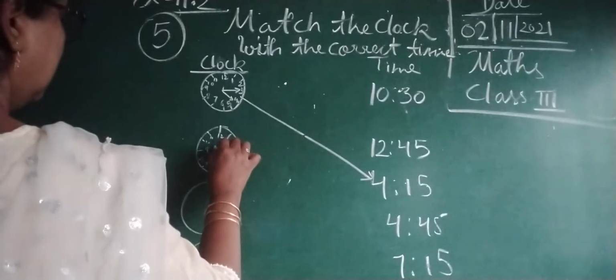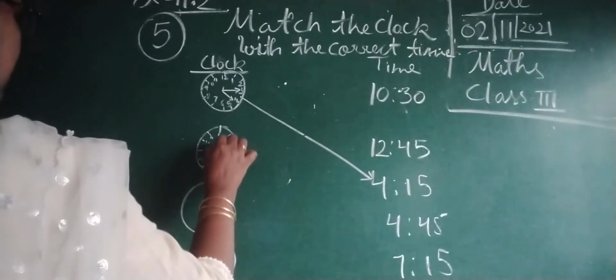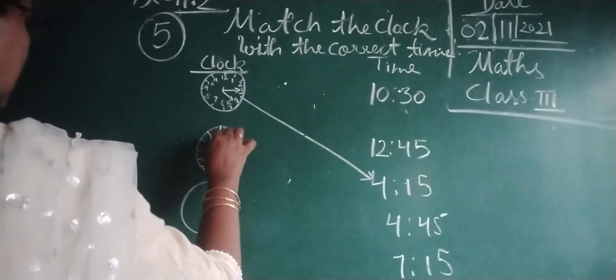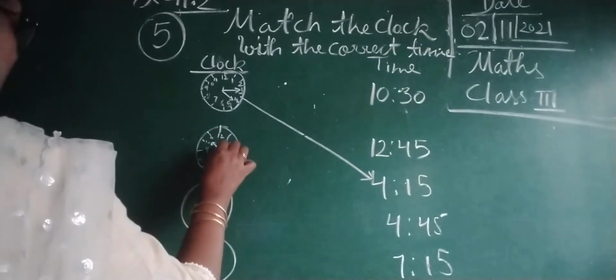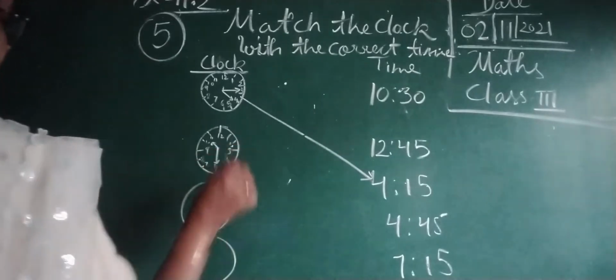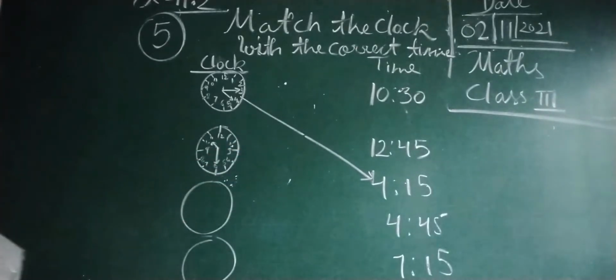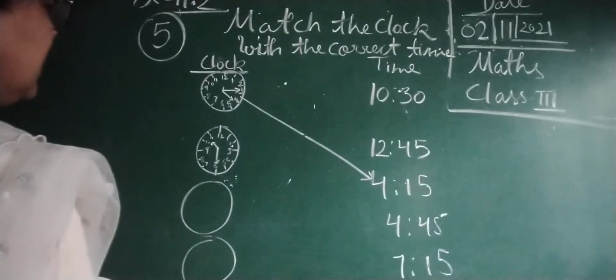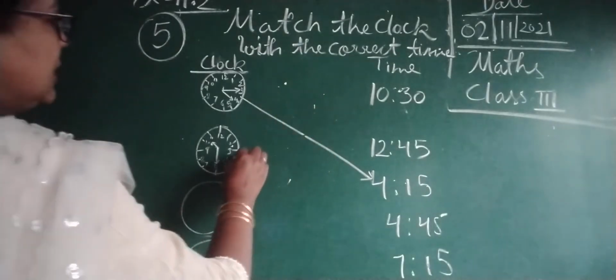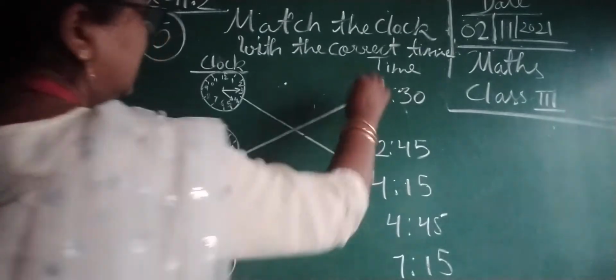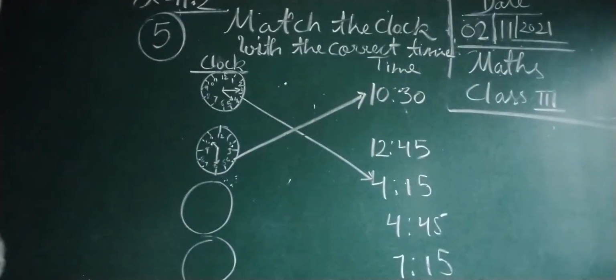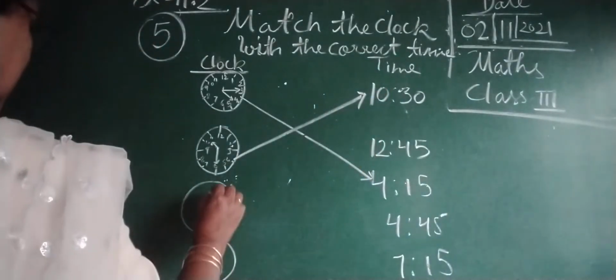Now here children, it is at 10. Okay. And the next is here. That is at 6. So obviously this is 10:30. So we are going to see where 10:30 is written. Yes, this is written over here. This is 10:30. Okay. Now the next clock is showing us